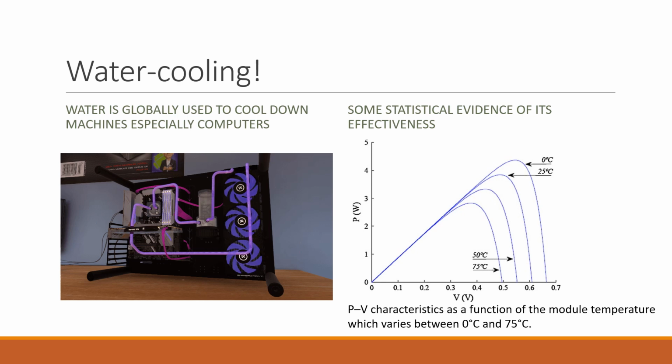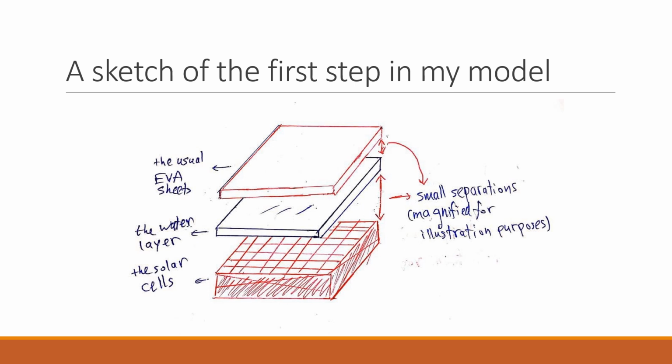I now intend to show a simple, effective model by which we should be able to make solar panels more operational. Since we don't want water to block sunlight of the panel, my model goes as the following. As you can see in the following figure, a thin water layer can be placed between the solar panel and the EVA protective encapsulants. The thickness of the layer must be chosen specifically such that the electromagnetic absorption of water does not limit the panel's output or block sunlight in any way, something on the order of the EVA encapsulants